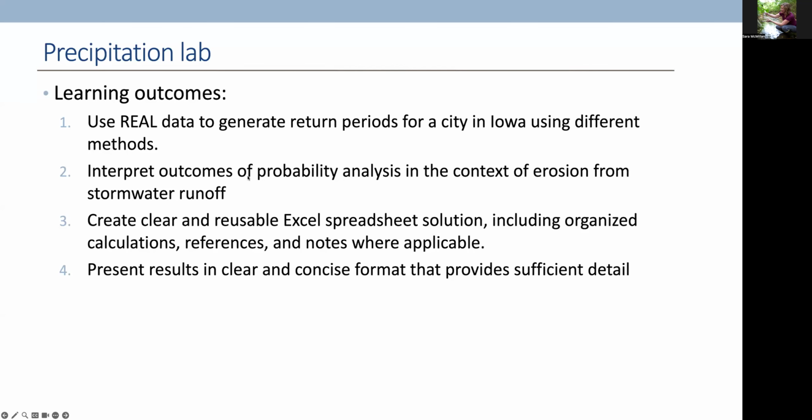So the first thing we want to spend a little time with is talking a bit about what our learning outcomes are. We're going to do a few things today. Really, the idea is to give you some exposure to getting real data that is going to be used for this lab. Sometimes real data can be a little messy, can be a little difficult to find, and so I give you a pretty straightforward way to go get data for this particular part, but a lot of times getting data is one of the trickiest things that you do when you're working with